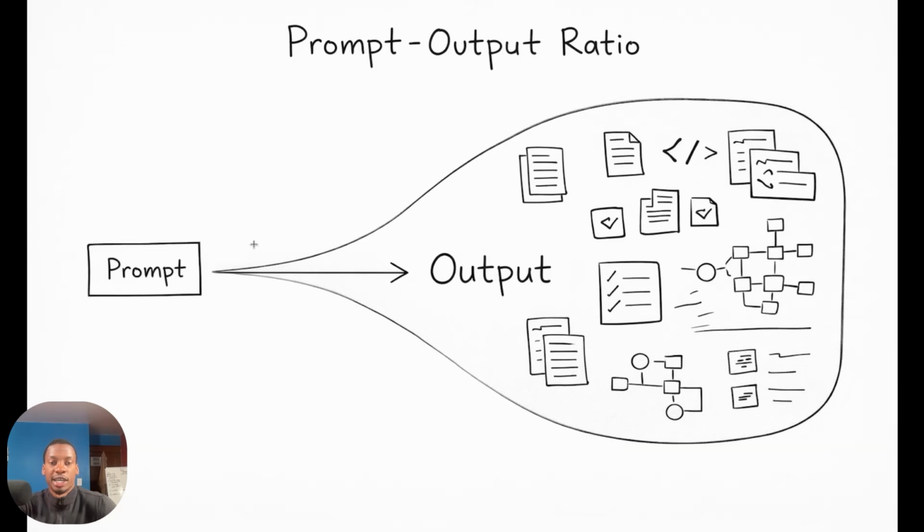Now you're not prompting multiple times to give it context that it should already have or tell it things it should already know. And so what we're trying to work towards is just maximizing the prompt to output ratio the entire time, where we're doing the absolute least amount of prompting and getting the most amount of output, because we've done all the in-between steps of setting up the context, giving it the different tools and skills that it needs so you can run your firm or run your business with the least amount of input necessary on your part. That's how you can use Obsidian to build a unified memory system that you can integrate with large language models like Claude.